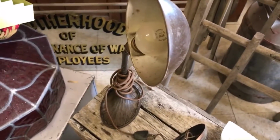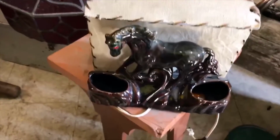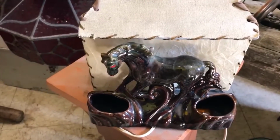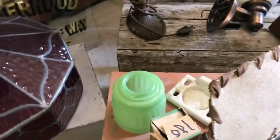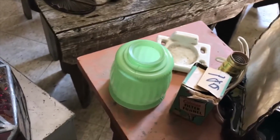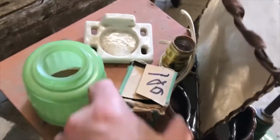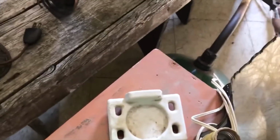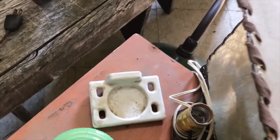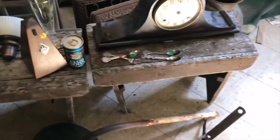We've got not a bridge lamp, a gooseneck lamp. A 1950s horse lamp. I think I've got two others in different glazes right now as well. Nice 20s shade, and a Coleman funnel up there. Toothbrush and glass holder, little plant stand, and there was two primitive